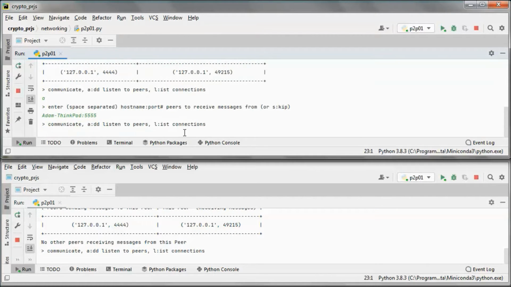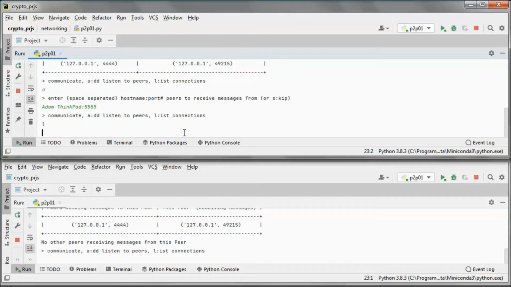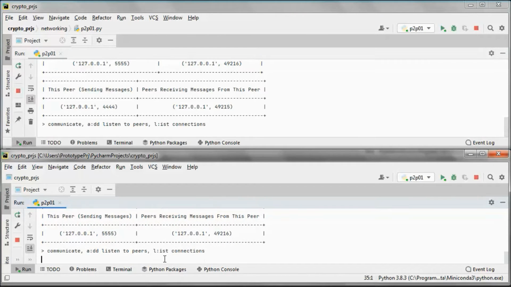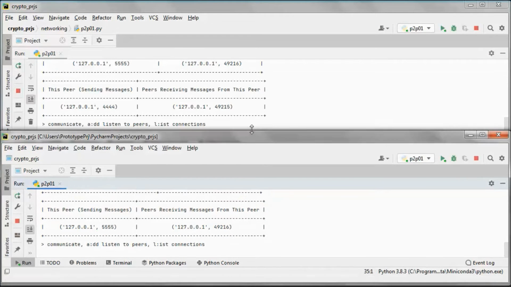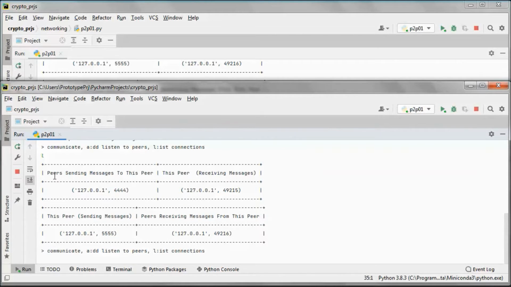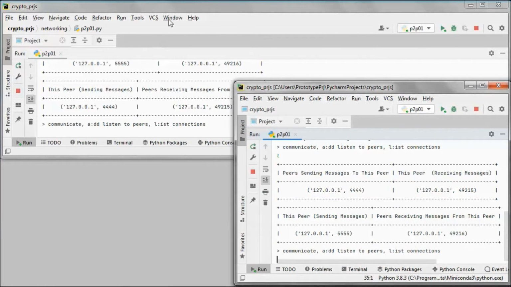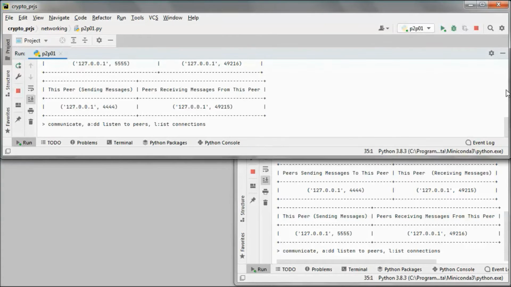And let's list all connections here and here. So we have, actually, let me do this. Have this one like this, and this one.